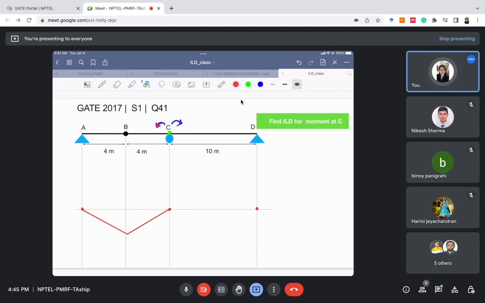The deflected shape will be like this for this part. For the ABC part, if I take this part C and rotate it in the downward, anti-clockwise direction like this, the deflected shape will be like this. Let's call it theta1 for now, right? The second step is I have to rotate the part CD as well, right? But if I try to rotate this part CD,